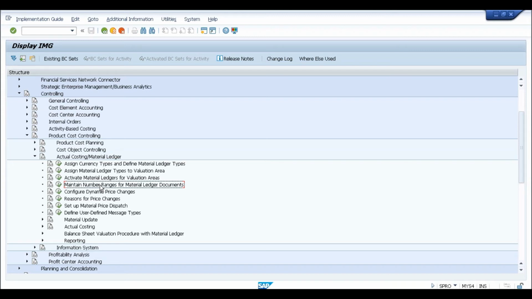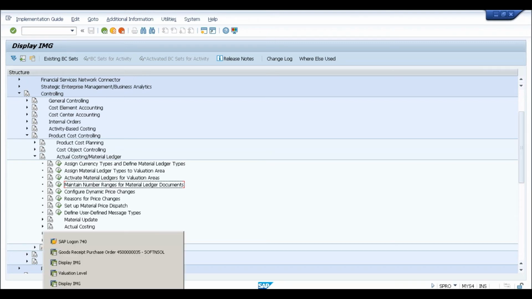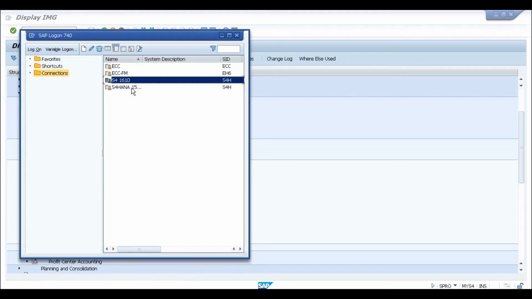Like you need to take care of material ledger activation. We are going to see the credit management. From a credit management point of view, you need to take care of these activities. Before I talk about these activities, there is a change in them if you compare 1511 and 1610. The way in which these were configured in 1511 versus how they will be configured in 1610, there is a small change. So what I'll do is first show you how this happens in 1511.